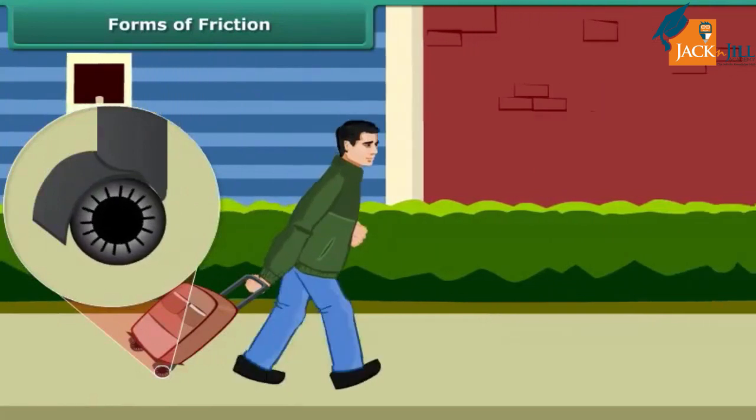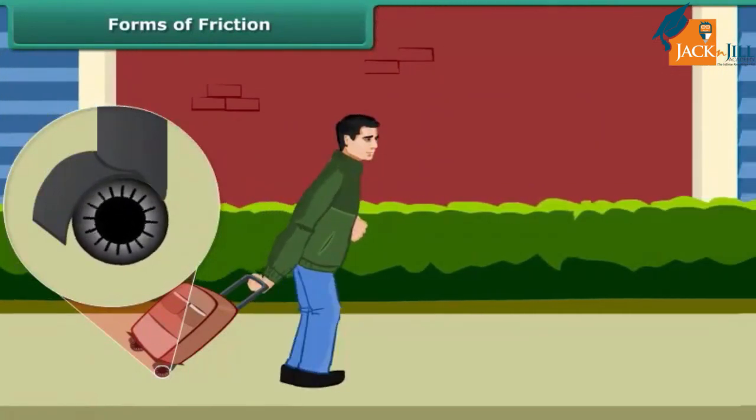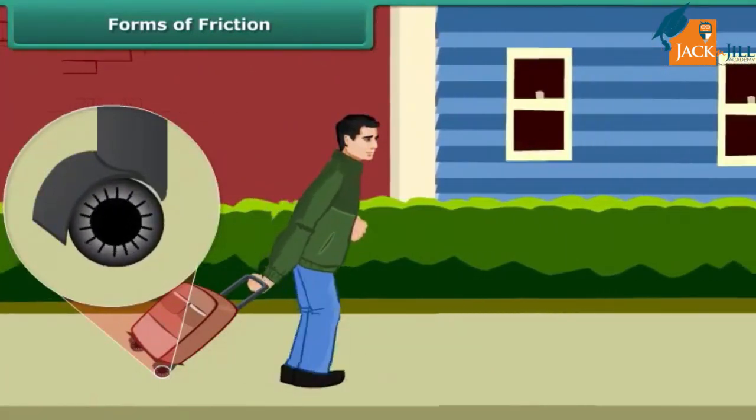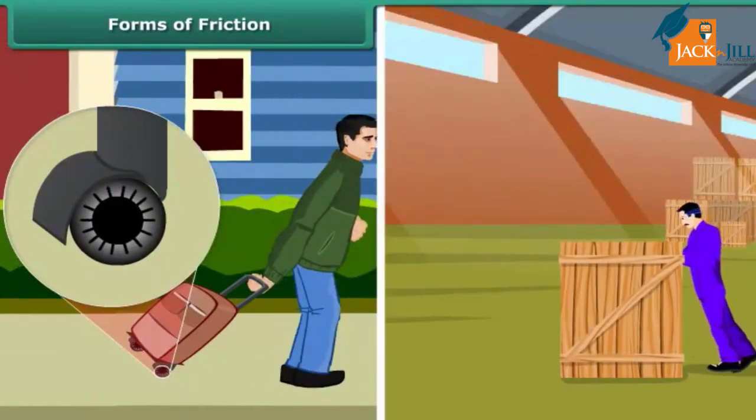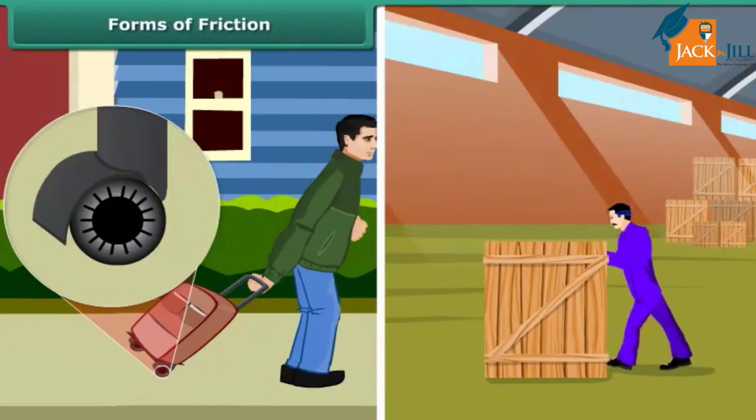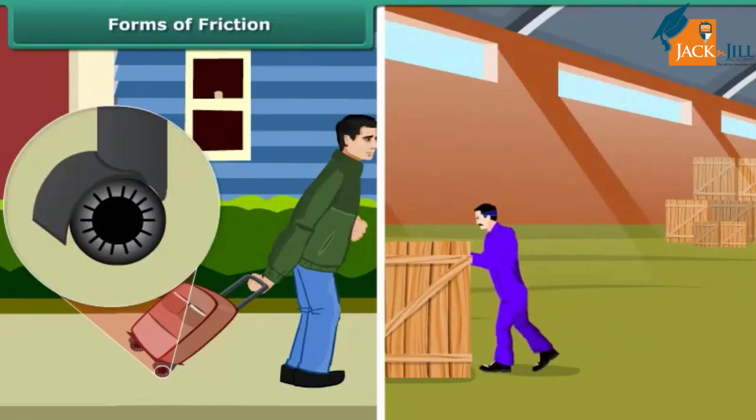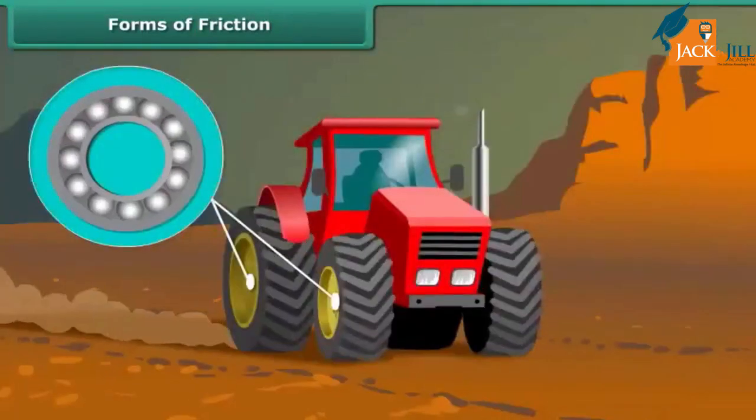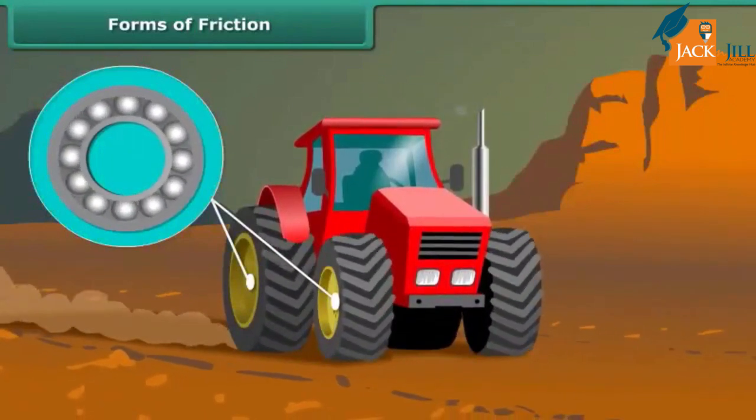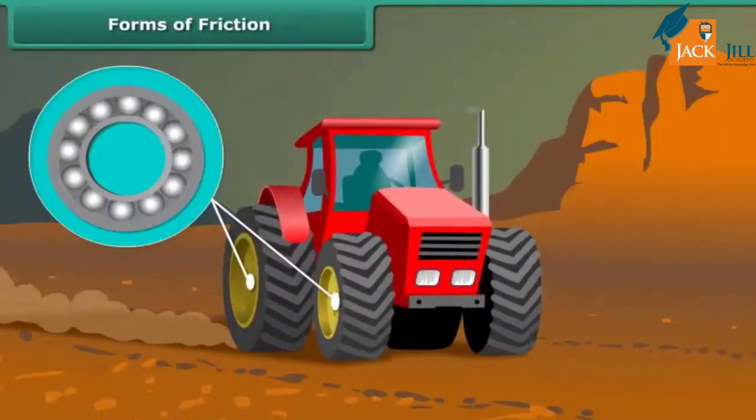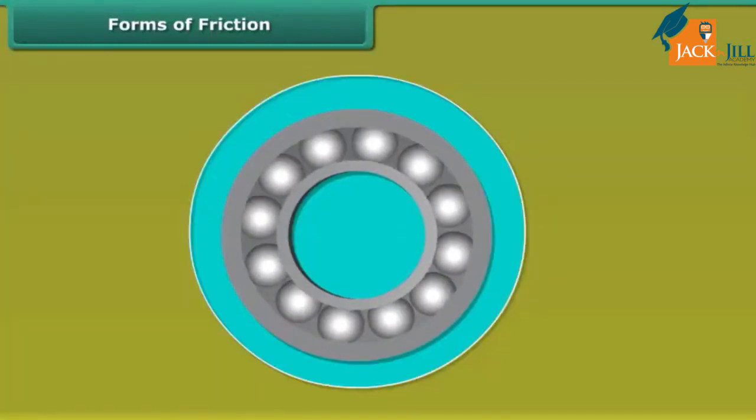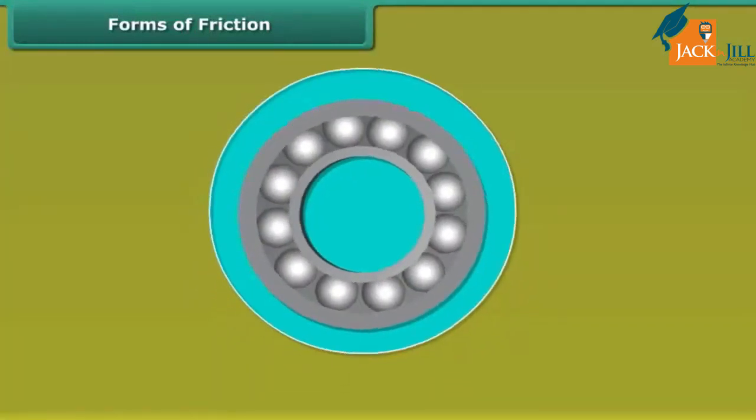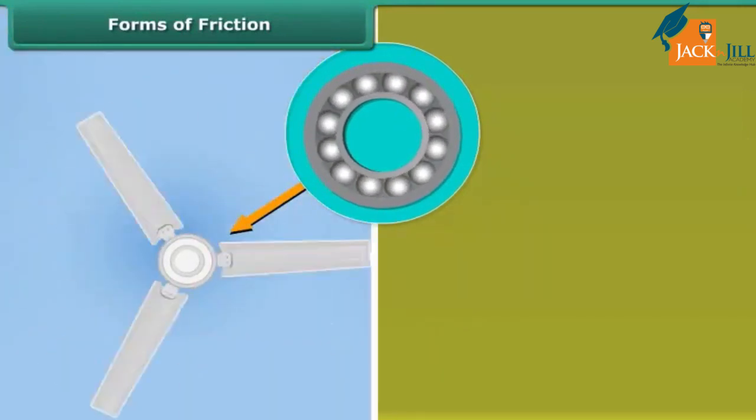The force of friction between the rollers on a body and the surface is called rolling friction. Rolling friction is much less than sliding friction. Since rolling friction is smaller than sliding friction, sliding is replaced in most machines by rolling by the use of ball bearings. Common examples are the use of ball bearings between hubs and the axles of ceiling fans